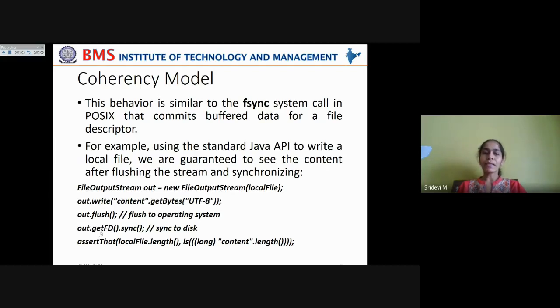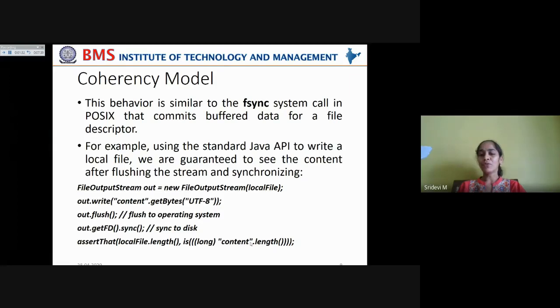Whether it is properly written to the disk on the data nodes or not, you can also use the getFD method, out.getFD().sync(), to ensure that it reached all the data nodes in the write pipeline. Again, you can use the same assert method in order to compare what is expected from the file and what is actually in the file.